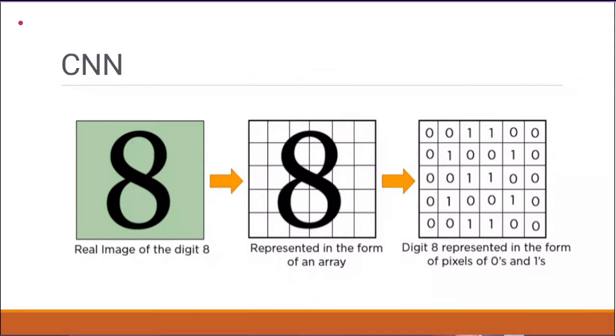Now how the CNN represents images: the zeros and ones are digital format. As an example, a digit is given as an image represented in array format, such that the cells where the pixel is present have the value 1. So this portion will be covered as 1, this will be covered as 1, and the portions covered by the image's pixels are represented as 1. If the pixel is not present, we represent it as 0.